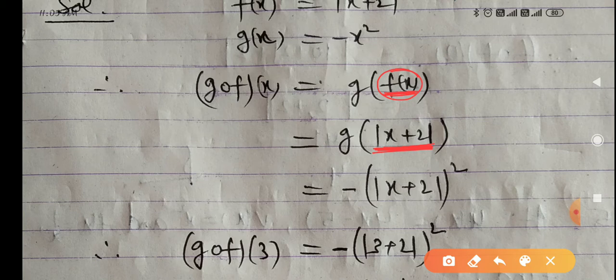It means that in the function g(x), in place of x, you put |x| + 2. So g(x) is -x². In place of x, what do you have to put? |x| + 2. So that's why I have put minus the same. In place of x, |x| + 2, and here x² is there, so (|x| + 2)² will be there. Okay. Now you see,